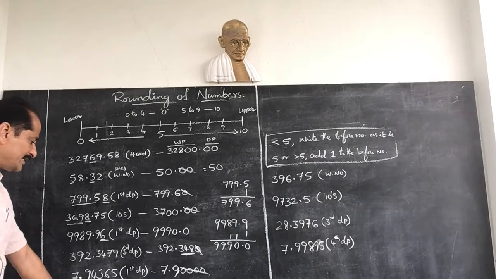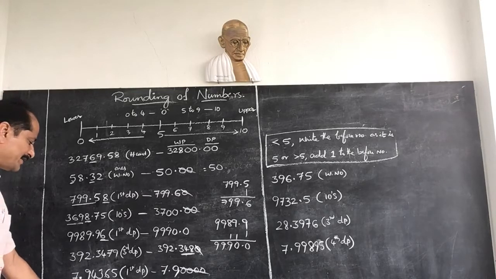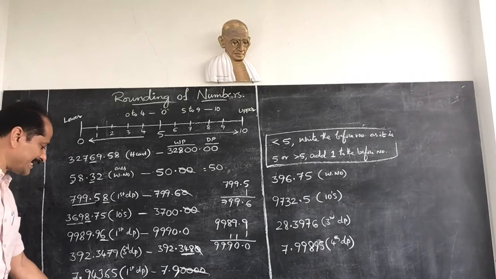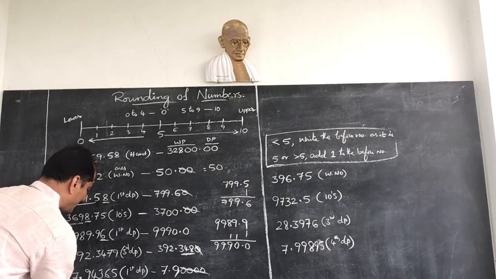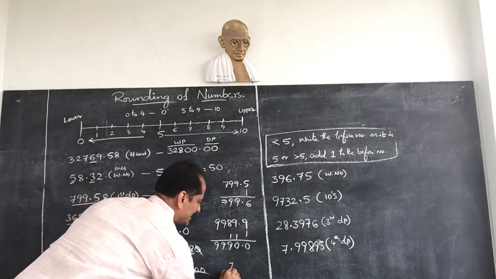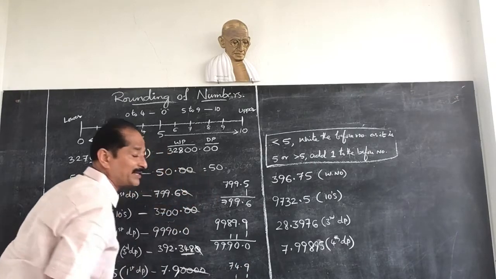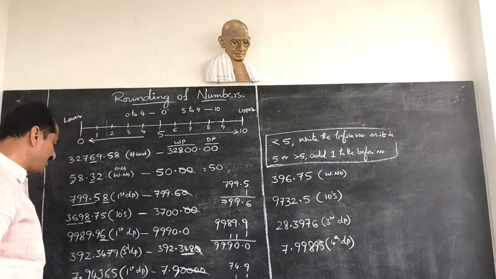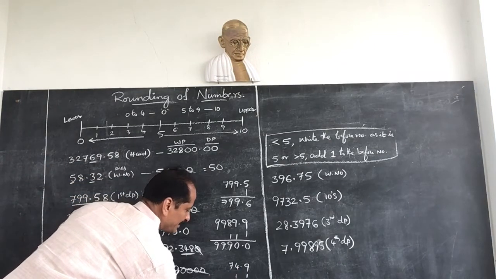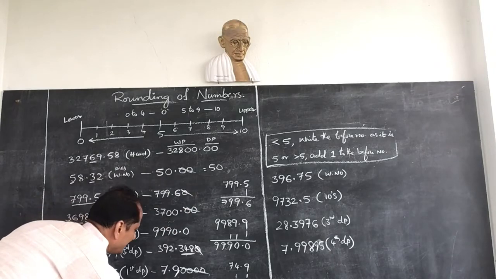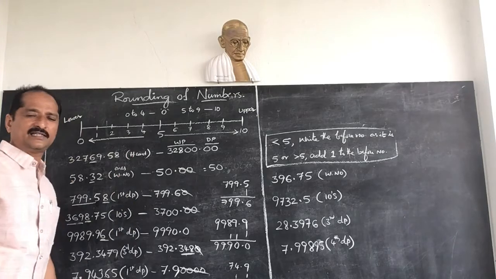Next, round on this again, first decimal place is asked. To round the first decimal place, we should see next lower than first decimal place. That is second decimal place. Second decimal place digit is 9. 9 is greater than 5. So add 1 to the before number. 74.9, add 1. 9 plus 1 is 10. Sometimes you can remember carefully. So 74.9 plus 1. 9 plus 1 is 10. 4 plus 1 is 5. So 7. So that is equal to 75.0. First decimal place. 75.0.